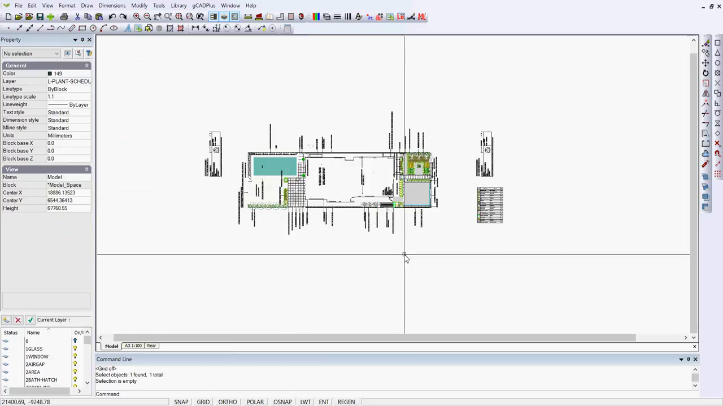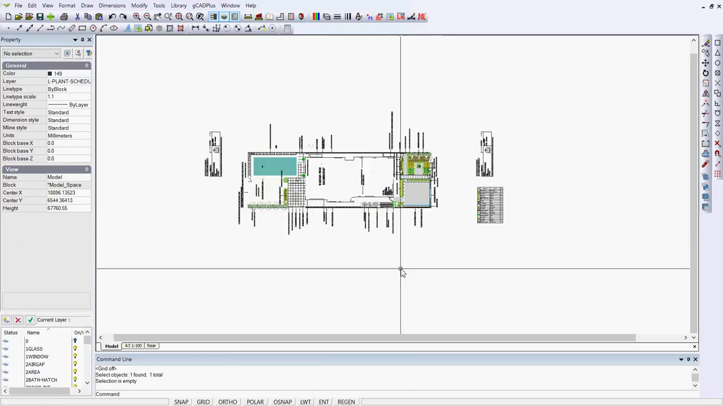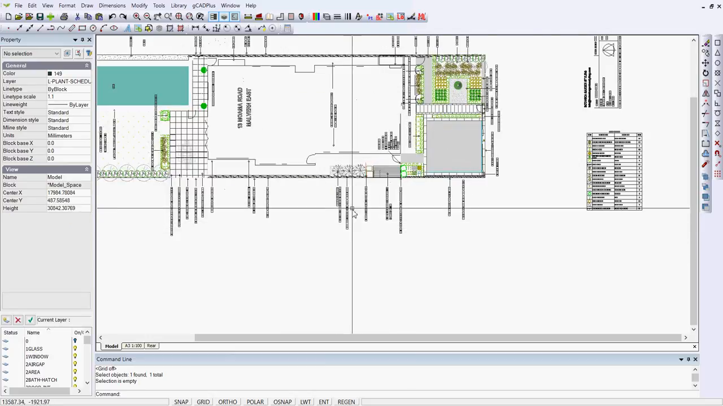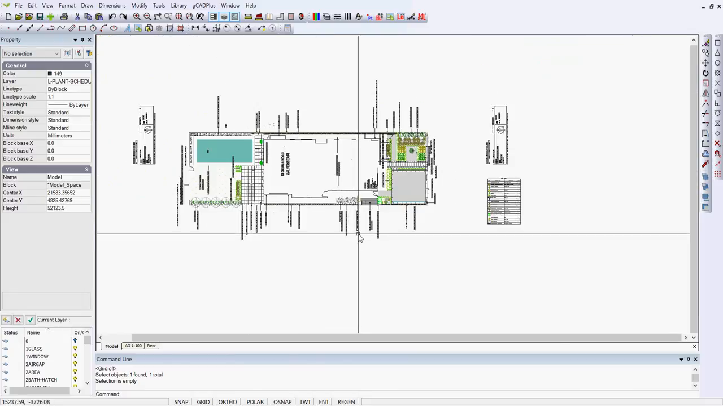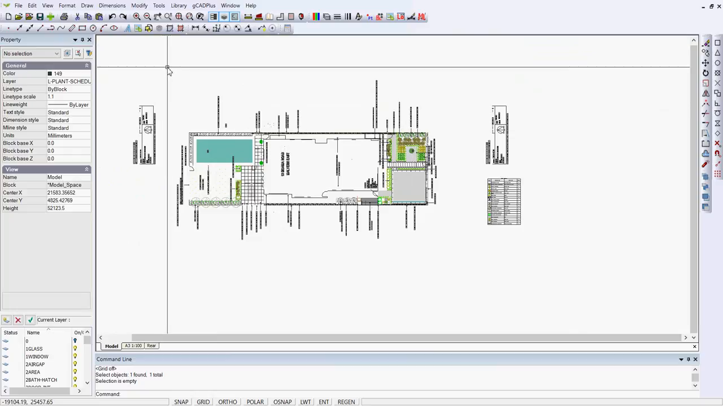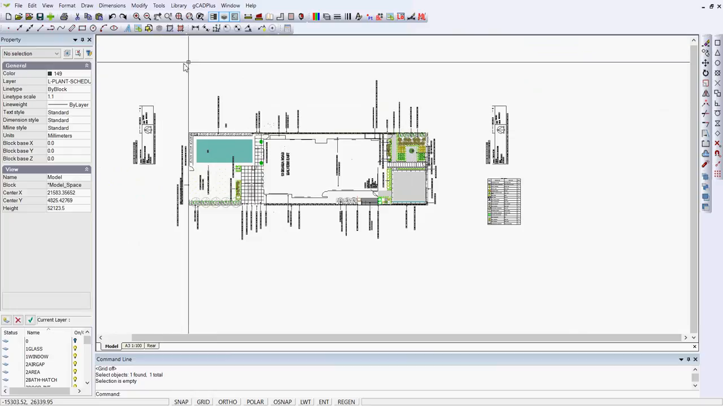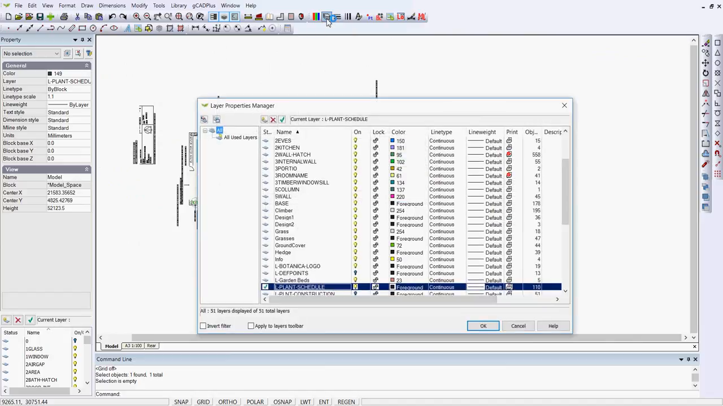Now I would find it easier to work with this drawing if we rotated it so that the text would read horizontally rather than vertically as it is at the moment. So I'm going to firstly make sure that all layers are turned on. The easy way to do that is to click in the layer stack and click on all used layers. That will filter the list a little, and then I'll right click